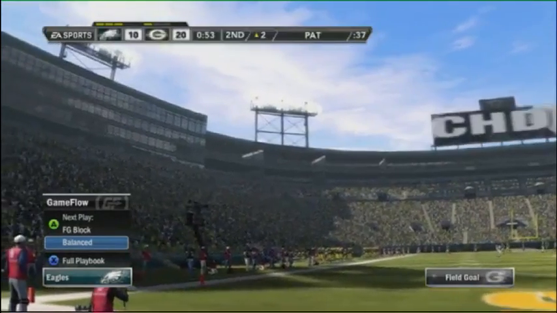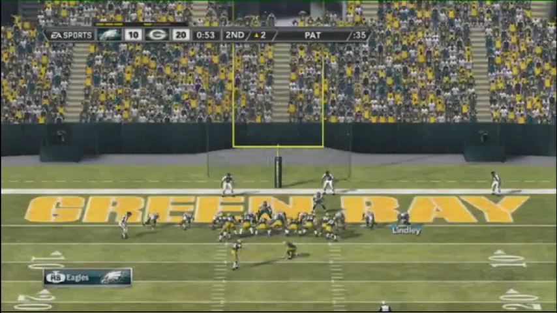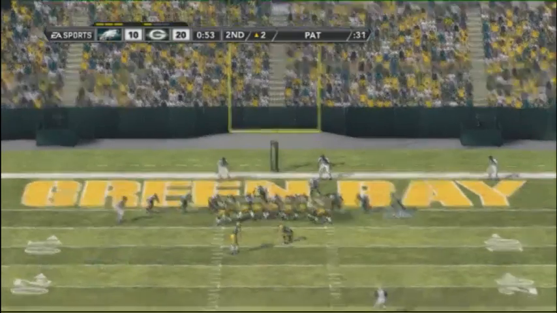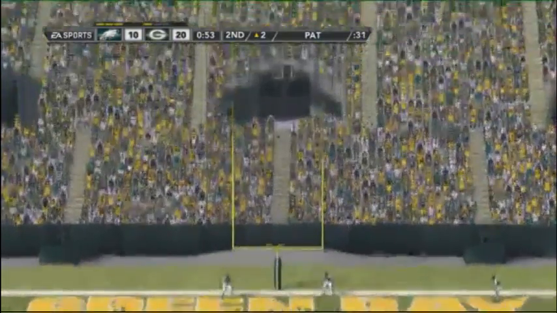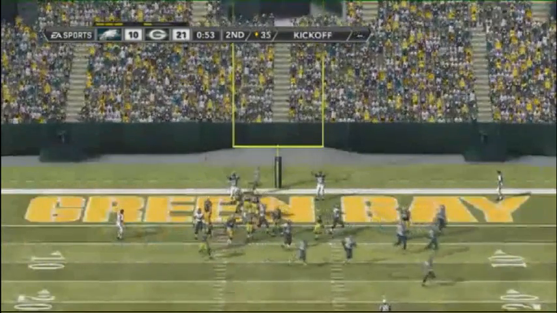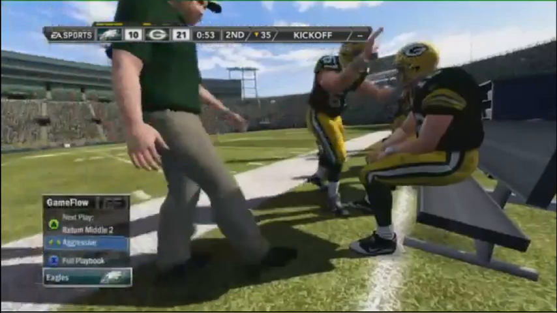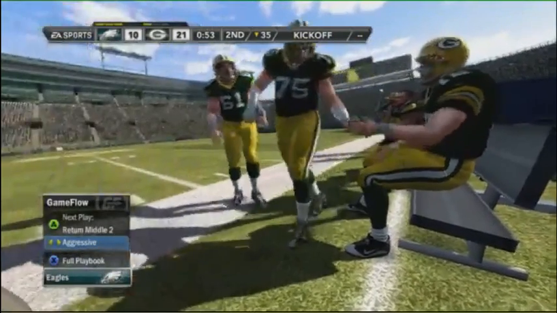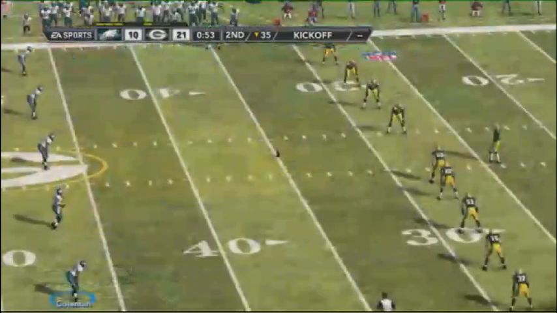So we recognized this as soon as we got the new collision system in. We actually added an actual tackle button. On Xbox 360, for example, it's the X button, the blue button, and if you hit that button and you're anywhere near the ball carrier, he'll actually lean towards the ball carrier to try to make that tackle. So yeah, you have to make the tackle now. You can't just run at a guy, because if he changes direction, you're likely going to miss it. And you need to break down, make proper tackling fundamentals, and actually make that contact.